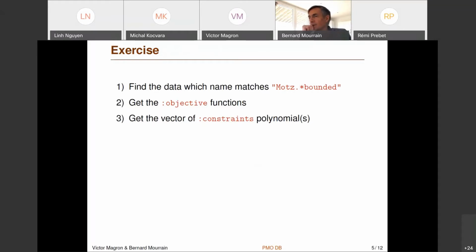Then we want to find the objective function of these problems and the constraints. So I let you do this exercise.